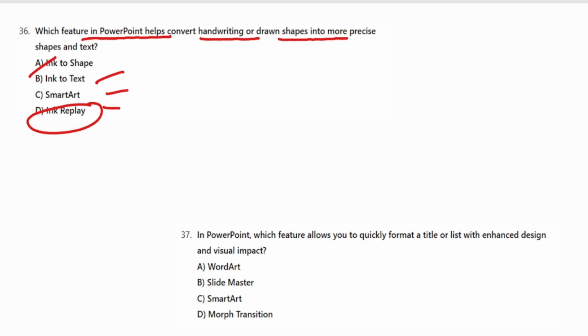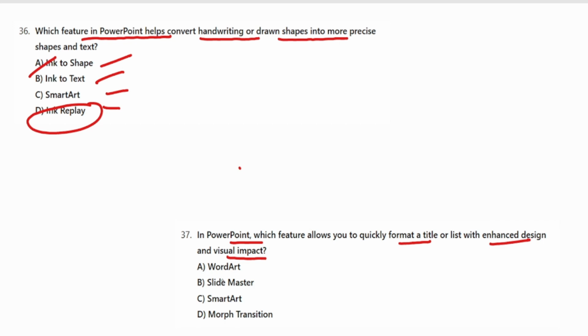So the correct option for converting handwritten or drawn shapes into more precise shapes is option number A, ink to shape. Next question, in PowerPoint, which feature allows you to quickly format a title or a list within an enhanced design or visual impact?